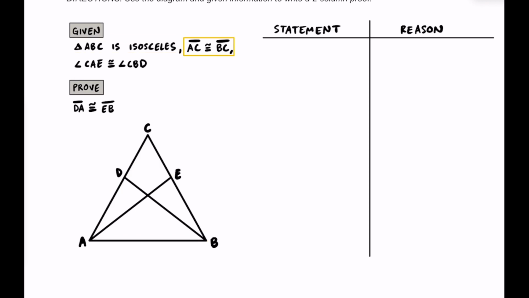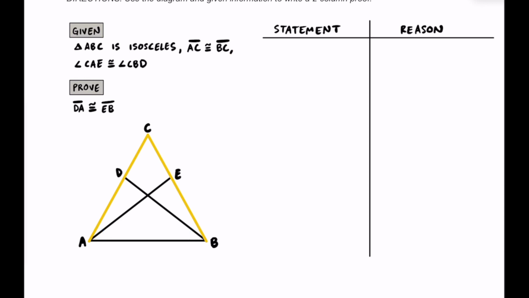Next, we're told that segment AC is congruent to segment BC, which I sort of just mentioned a moment ago, but we just needed to clarify which side lengths were going to be the congruent ones. So here's that AC segment, and here's that BC segment. Verifying that these are the two segments that are congruent to each other for this isosceles triangle, then the base angles are going to be CAB and CBA, so these two angles are the base angles that are also congruent